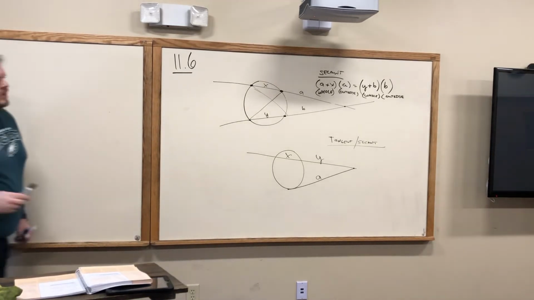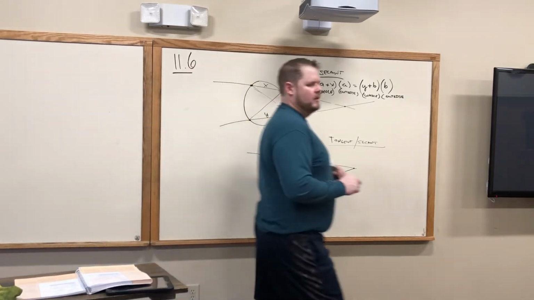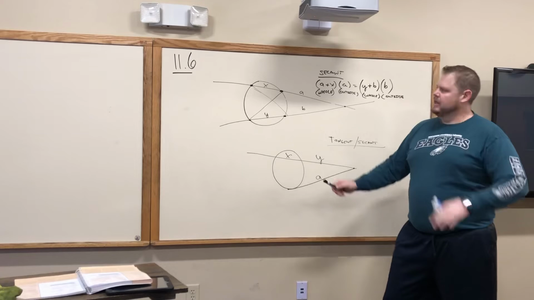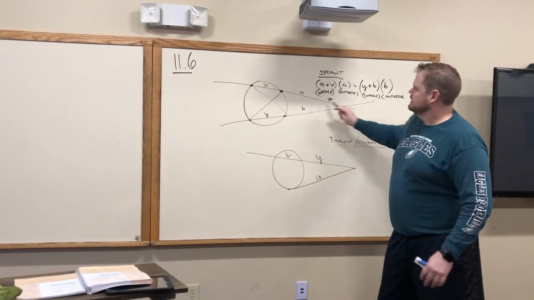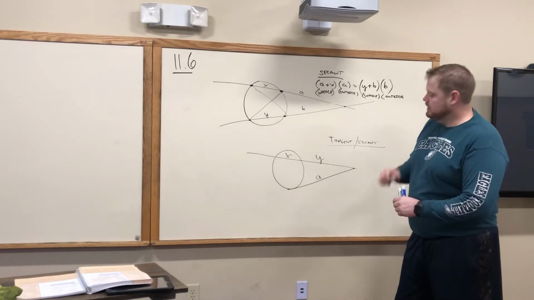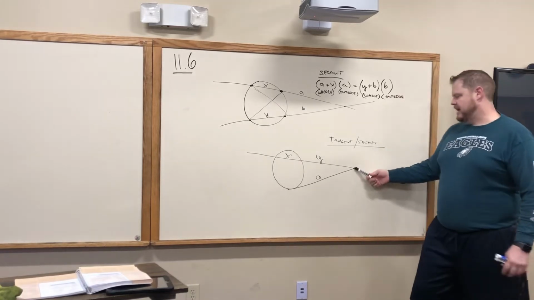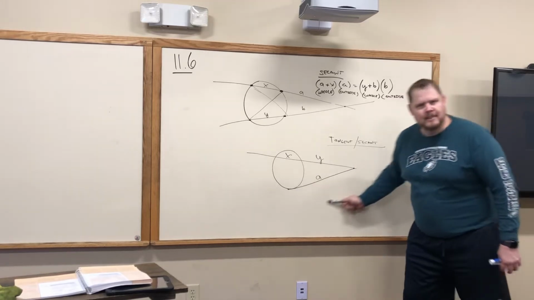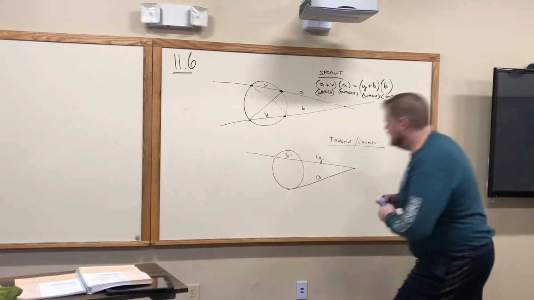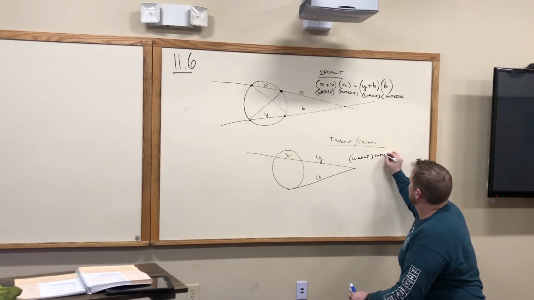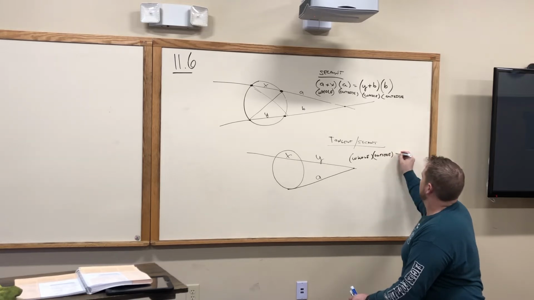What do we do when we did these up here? It was the whole times the outside, right? Everybody got it? The whole times the outside, right? So think about it. It's going to be very similar. The difference is, what does the tangent have? The tangent is the whole and the outside. So really what you're doing is whole outside equals whole